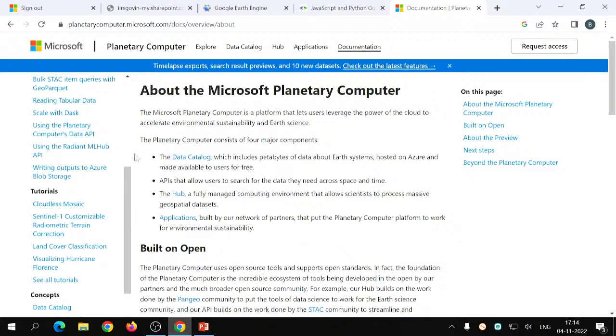So this way you can use either Microsoft Planetary Computer or Google Earth Engine for your processing requirements. So this was all about